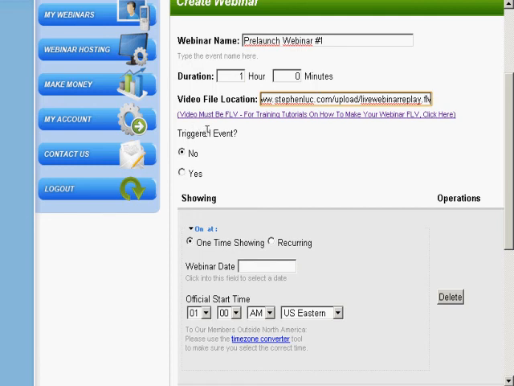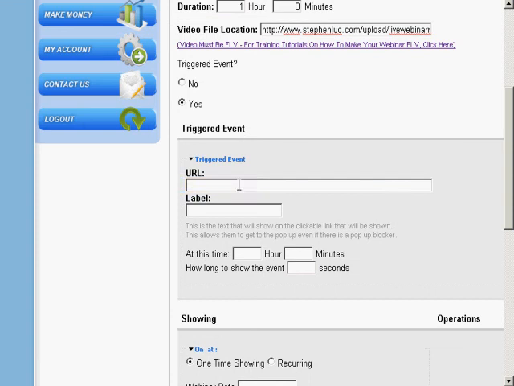Now you need to enter a triggered event. A triggered event basically means that there's an action that will be performed while the webinar is displaying. So, for example, let's say that you want a sales button to appear right below the webinar. You can do that. In fact, if you click on yes, you can enter the trigger event. So you could enter the URL of where the button will go and a label. So let's say something like